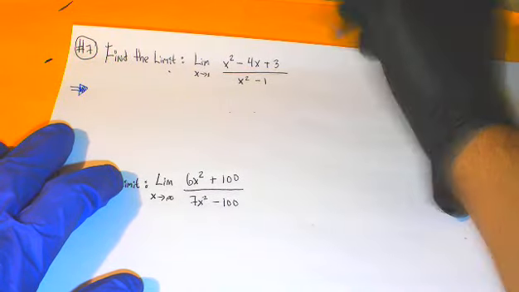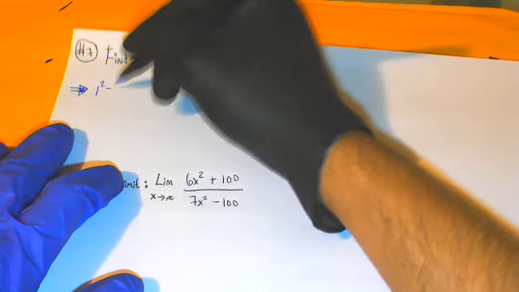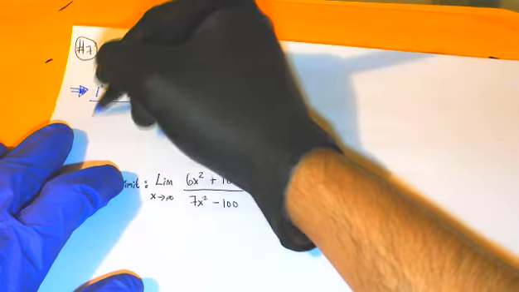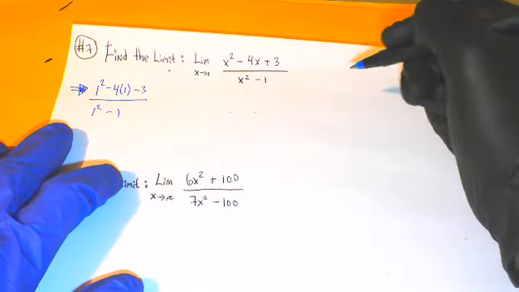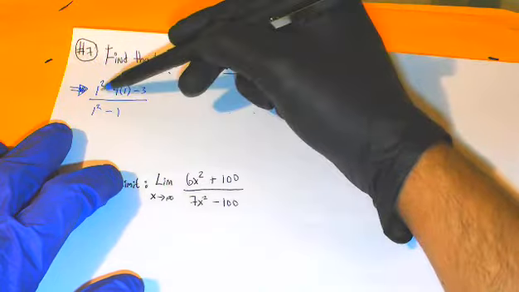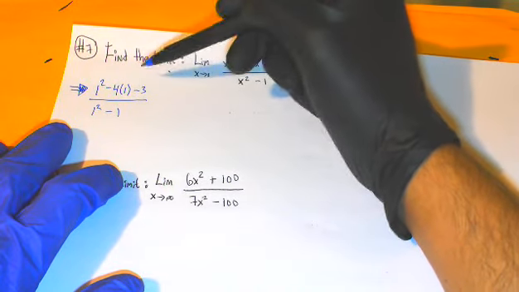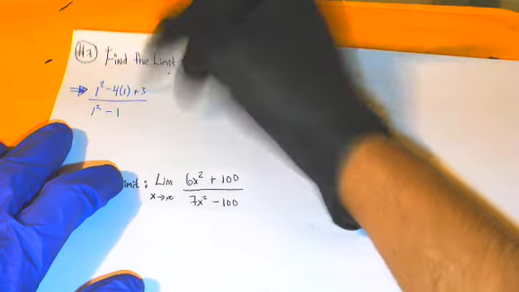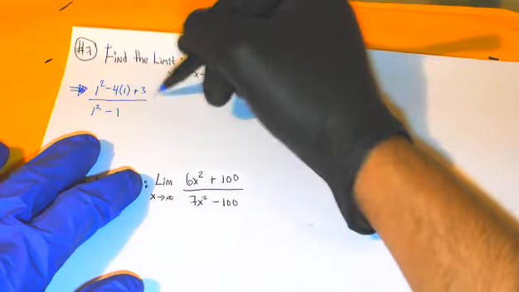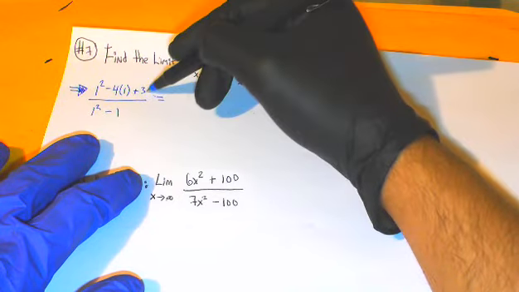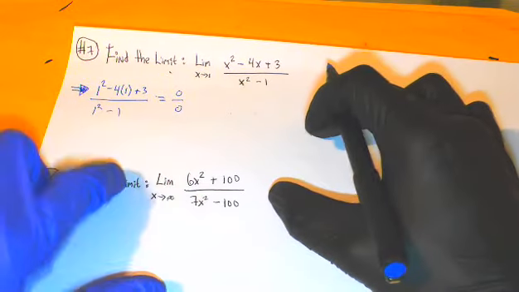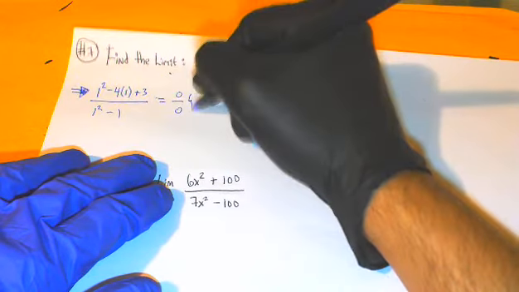we're going to get 1 squared minus 4 times 1 plus 3 over 1 squared minus 1. So I'm directly substituting our 1 for all our x, and now I'm going to compute this. Well, 1 squared is 1. Sorry, it should have been a plus 3. We're going to have 1 squared, which is 1, minus 4 plus 3. So that's going to be 1 plus 3 is 4, minus 4 is 0 over 0. So since I have an indeterminate case,